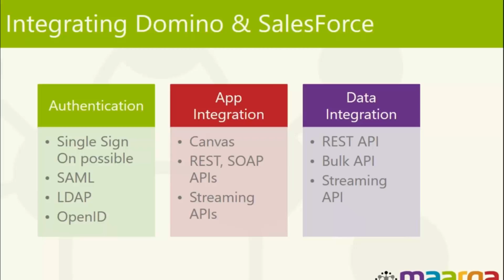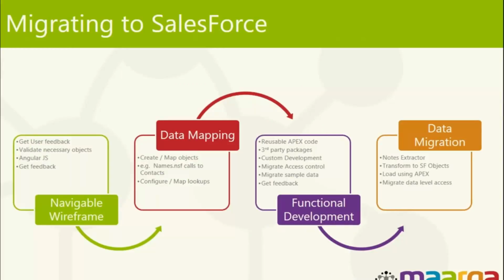What we do see is that typically REST APIs are preferred, keeping up with the way the new digital technologies are emerging. But when you look at migration, what are the options? How do we go about doing that? The methodology that we've seen working pretty well is to extract out, based on the functionality that you have in your Notes application, the design, and